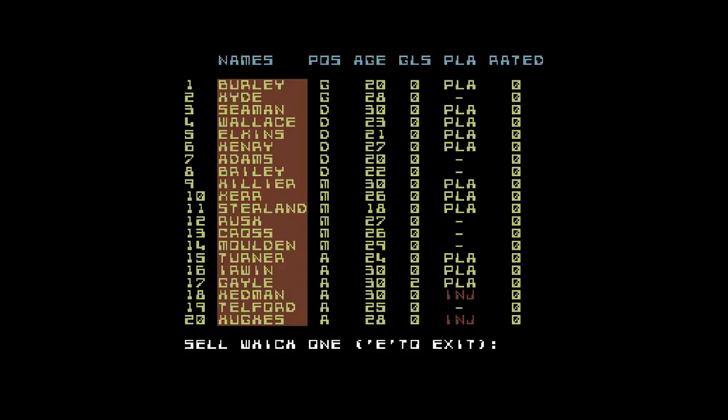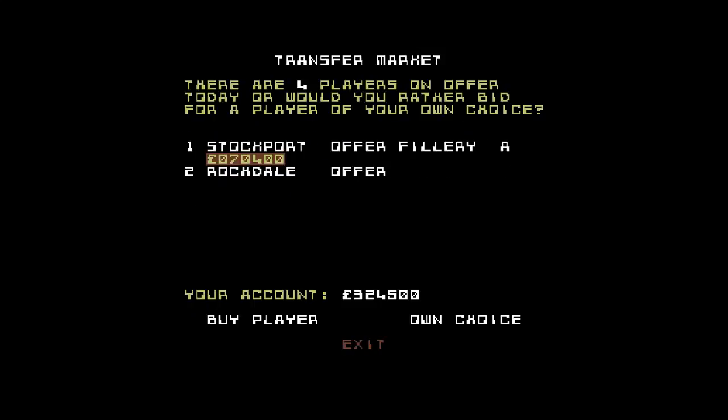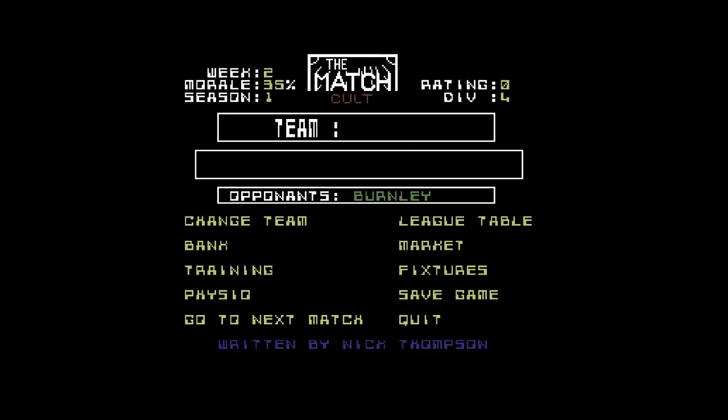So let's sell. I'm just doing this for a laugh. Let's sell Rusk. Get 70 grand for him. Yes. Thank you, Doncaster. Let's see who we've got. There are 4 players and offers. Yes, and if somebody catches your eye, you can actually bid and go and buy them. So it's completely different to most football management games. Even now, you make your own mind up about how you think